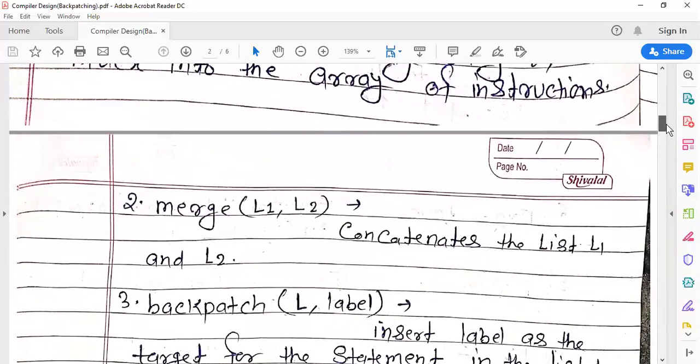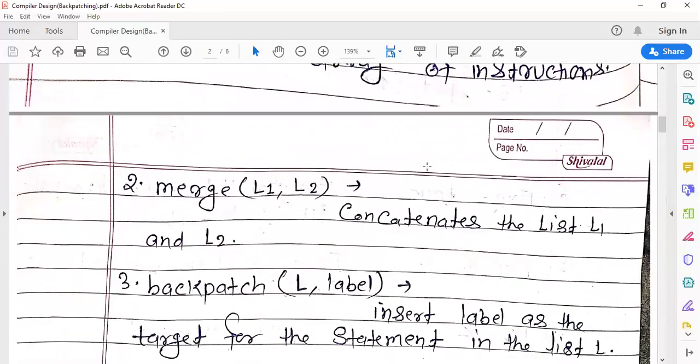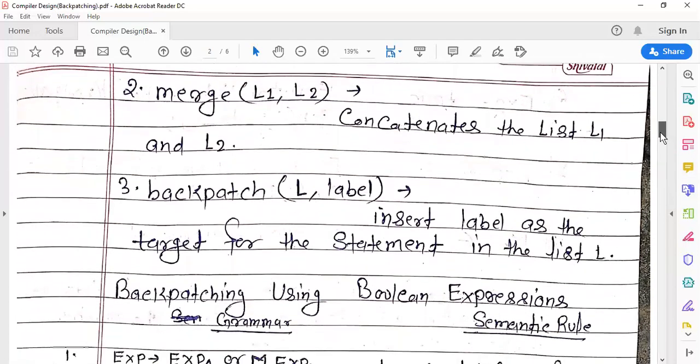The second one is the merge function. Merge(L1, L2) has two parameters, L1 and L2, which represent lists. The merge function concatenates both lists.